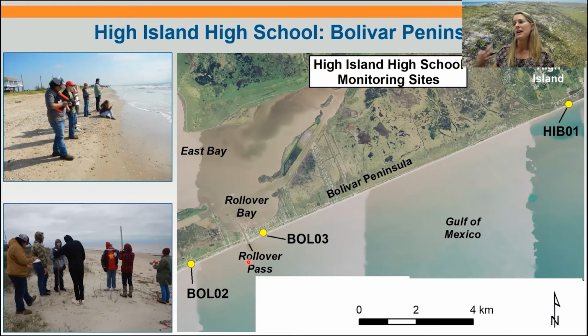It was opened back in, I believe, the 50s to try to increase water flow between the Gulf of Mexico and East Bay, helping increase the flow of water back and forth for water quality. But what was happening is a lot of sediment that was being eroded from these beaches on the eastern side of Bolivar Peninsula were being washed through the pass and being deposited in the bay and the intercoastal waterway. So they would have to dredge the waterway multiple times,